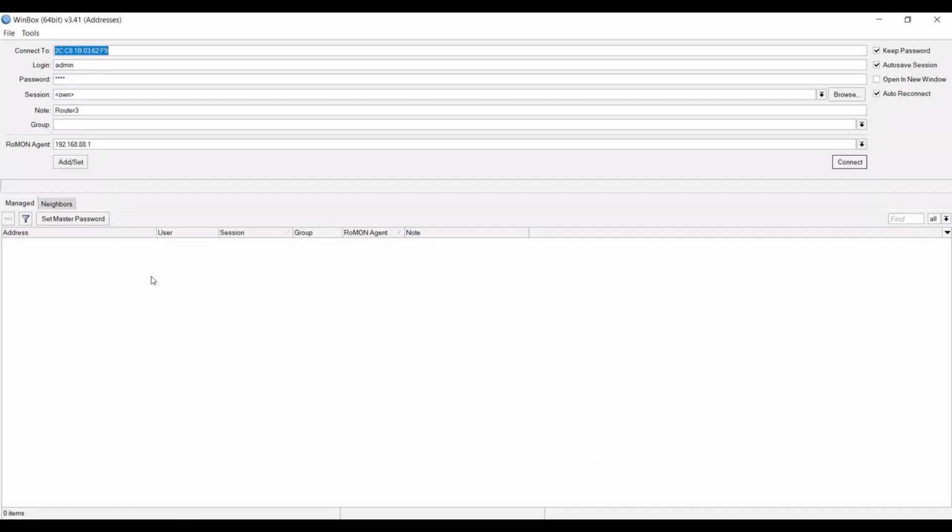Open Winbox. Input here in connect to the public IP address of router 1. Then input the username and password.